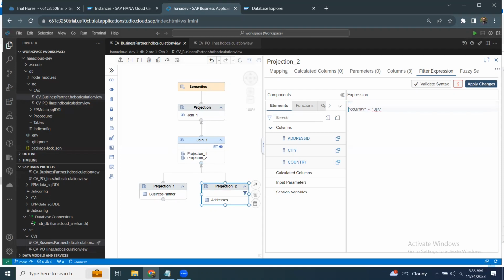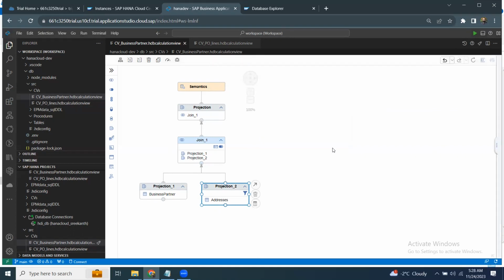And then on top of it, or even at the bottom of it, I can add a comment with a slash, saying country USA is chosen by default all the time. Whatever is written in these comments is not going to get compiled, and the system will not process those lines. I say apply changes and then go back. In this way, I can apply comments in the expressions wherever they are written, could it be filters, calculated columns,